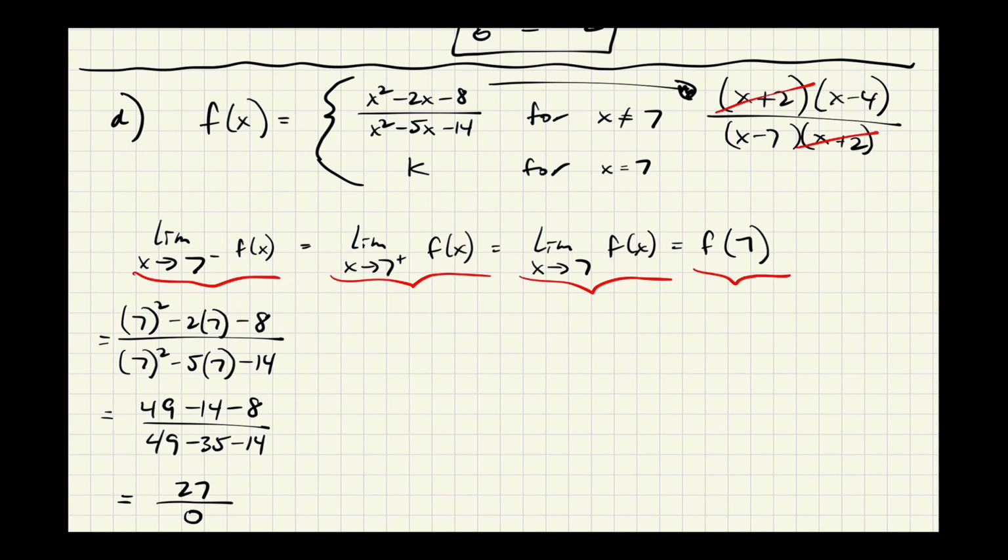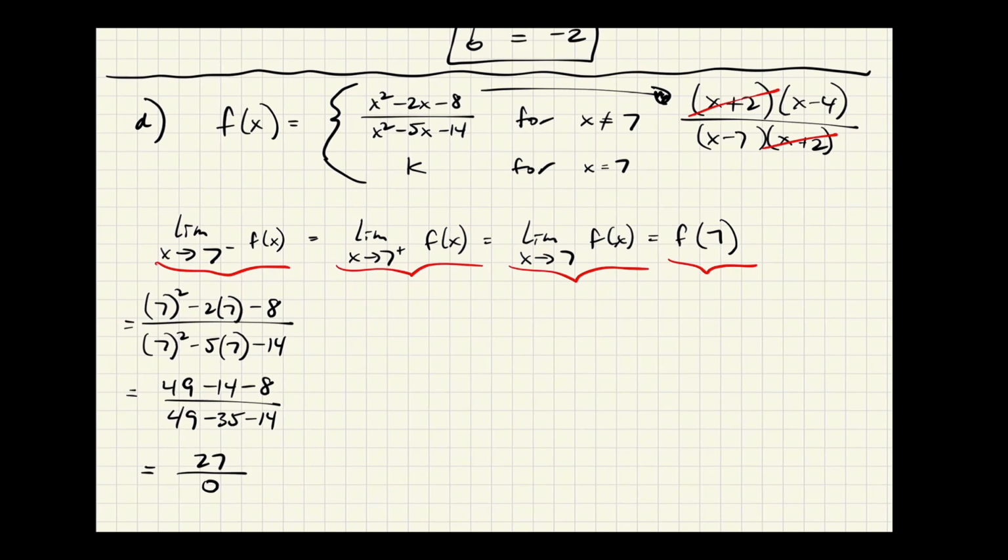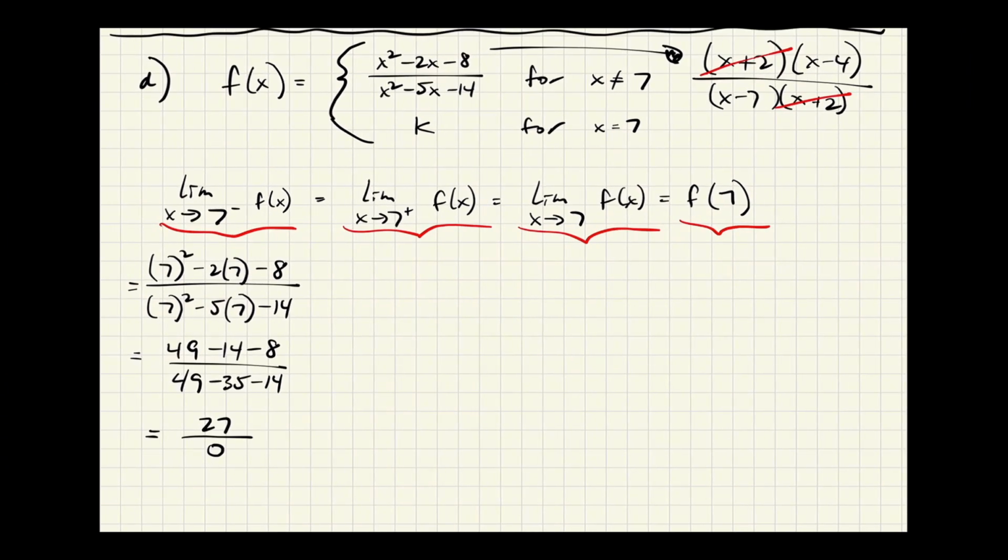These would factor, but still, if I plug in 7, it would still give me 0 on the bottom, right? So because of that, there's an asymptote at 7. That means there's a vertical asymptote at 7. It means I can't make this continuous for anything. So we would say